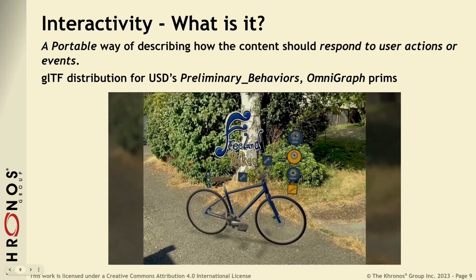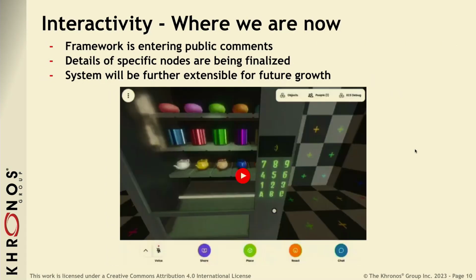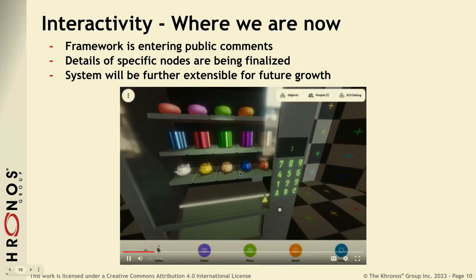The group almost has the spec, parts of the spec ready for public comment in GitHub. Not quite, but almost ready there. And this was one of the impressive ones. You may have seen a bit of this in the demo reel, but this was